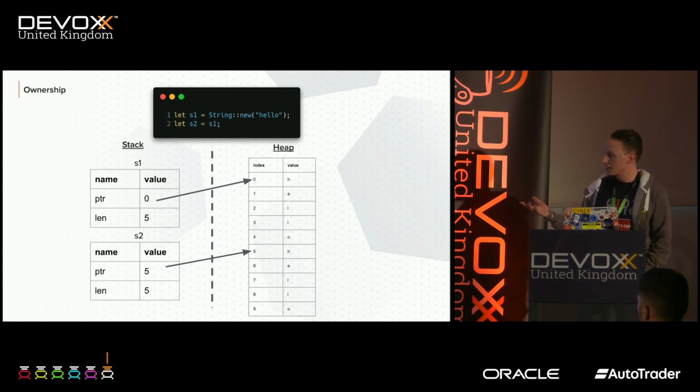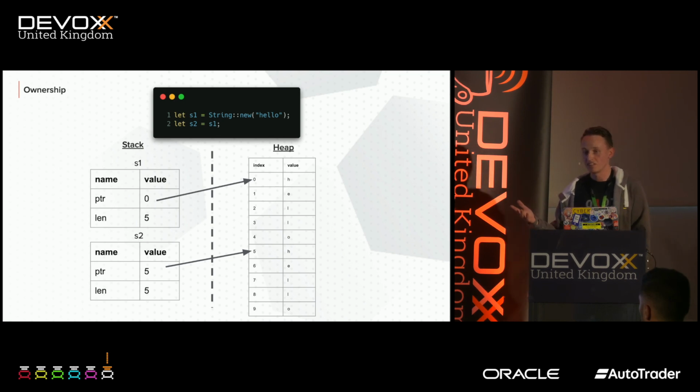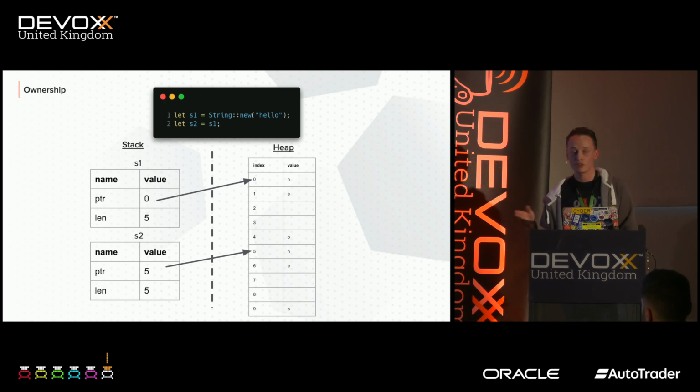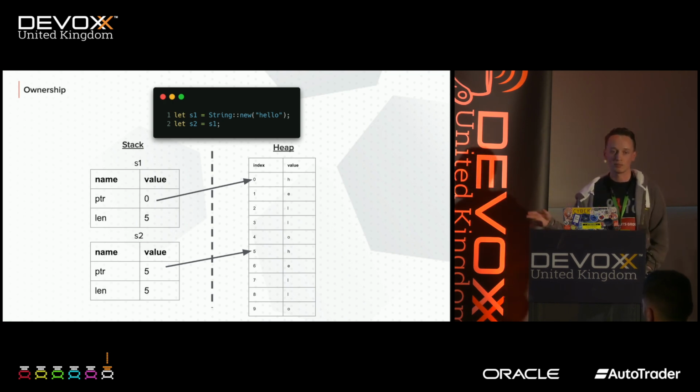Now, the other option is that you can duplicate the actual value on the heap instead. So now you don't have a dangling pointer, because if you delete one, the other one will still be there. But there are a couple of big drawbacks to this as well. One is that it's just counterintuitive, right? I think a lot of people here at this conference are Java programmers, so you're used to the idea of passing by reference, right? So passing by copy just wouldn't feel intuitive and might lead to confusion. The other side is that it's very unperformant. It leads to double allocating a lot of the time and wasting your memory.